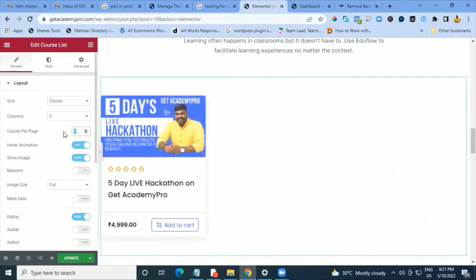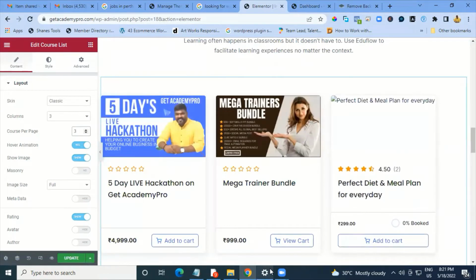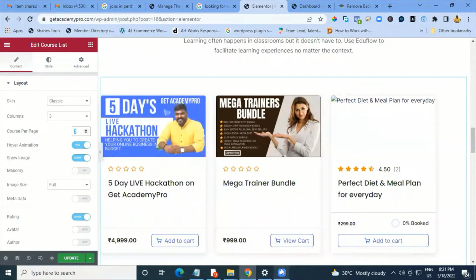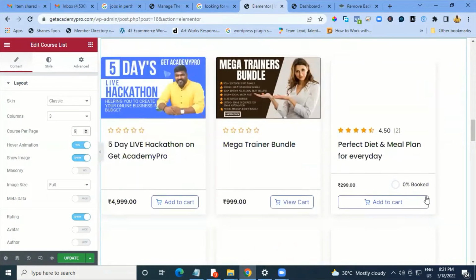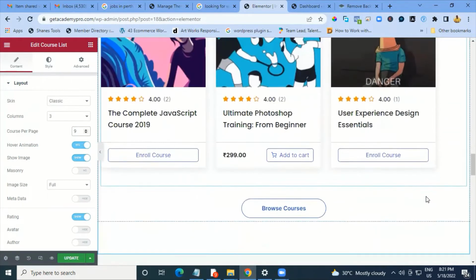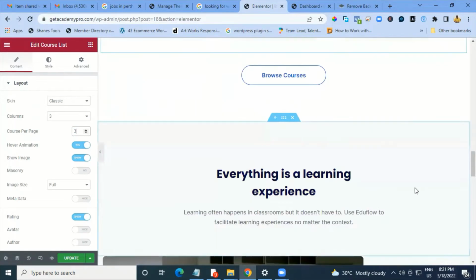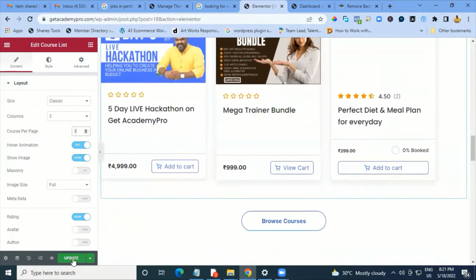But to maintain the look and feel, you can show 3 as minimum. And if you want more and more courses, if you have multiple courses and you want to show a whole library here itself, you can add the numbers and the numbers can be shown to your students like this. Okay, so this is also pretty easy to do, and make sure your student gets attracted towards this part also